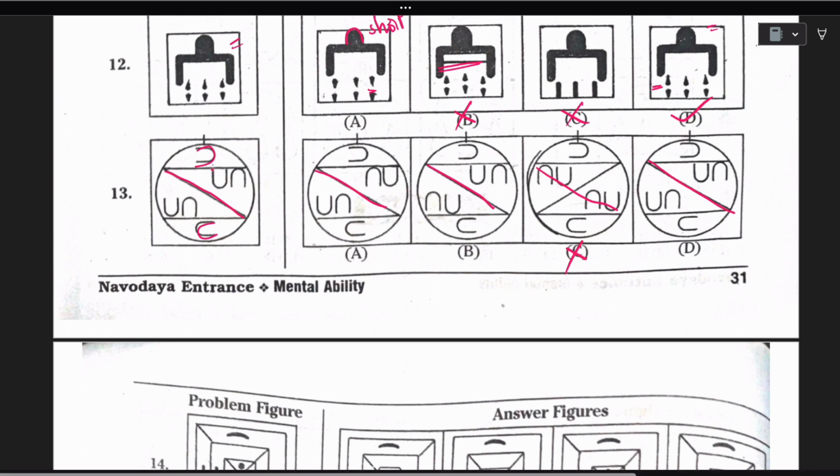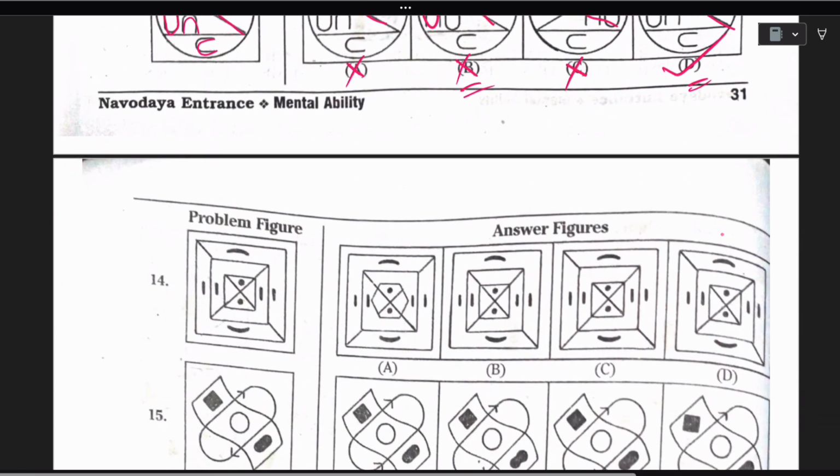And here this is like U and then N, U and then N, it is not matching, so A is eliminated. And U and then N matching, and U and then N matching, that's good. And here also we are having one U and then N, right? We are having only B and D to compare, and here also we don't have U first, so B is eliminated, but in D everything is the same, so we will be selecting D as our correct answer.